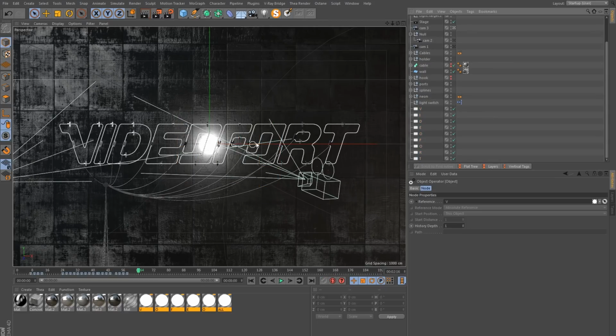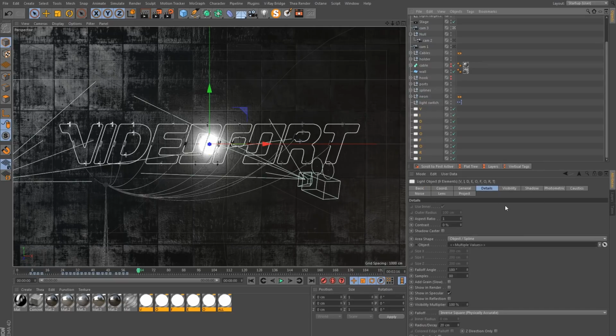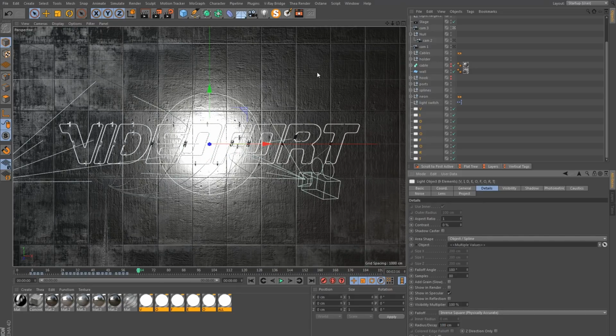And if you want to expand the illumination radius, you just go back to the lights, and it's this radius decay. You can have this higher, let's say 100, but that's probably going to be too much. But I just want to show you the kind of control you have with this.